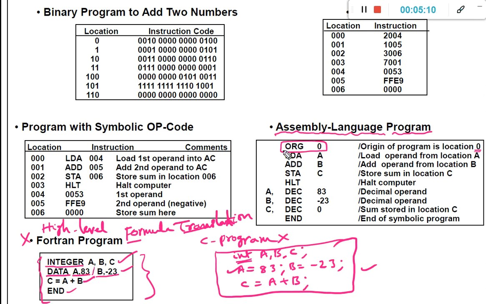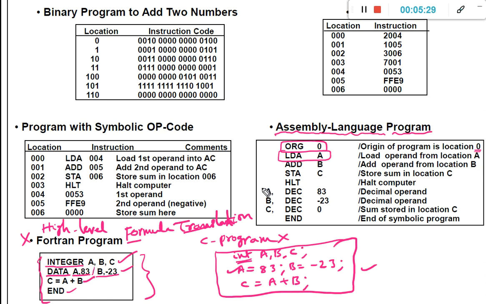Next statement we already know, LDA. LDA represents the load statement. Load operand from location A. To load the operand, location A must contain some value.